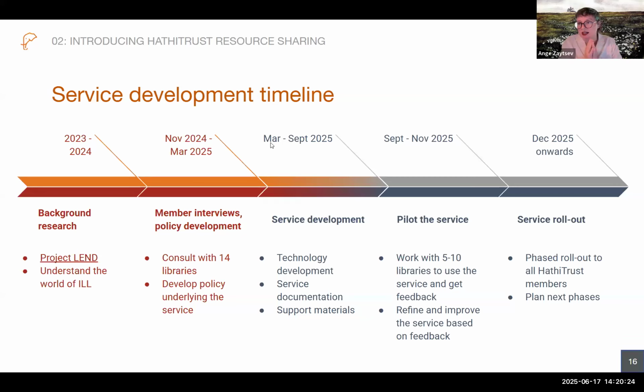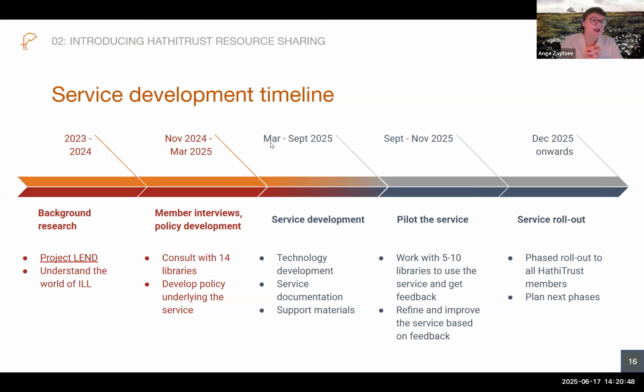So in the next section, I'll actually talk about what the pilot will look like and invite some of you all to consider participating in the pilot. This pilot phase will take 2 to 3 months, because in addition to working with some of our member libraries to test out the service, we also need to implement changes based on the feedback that we